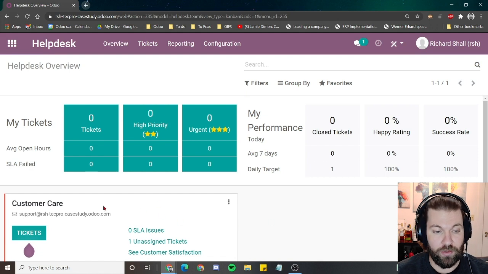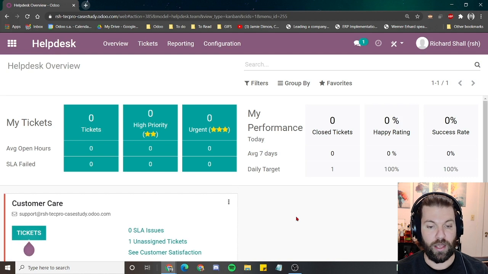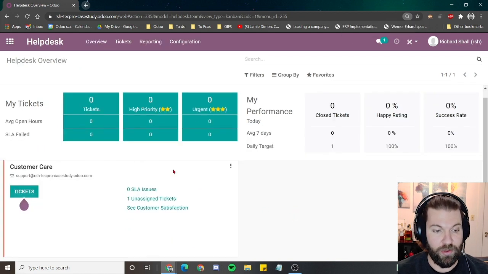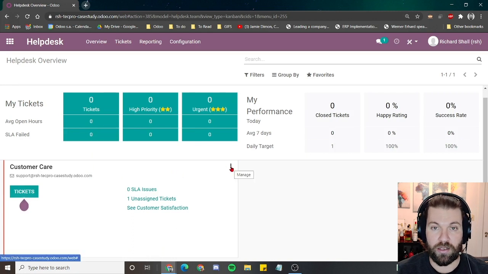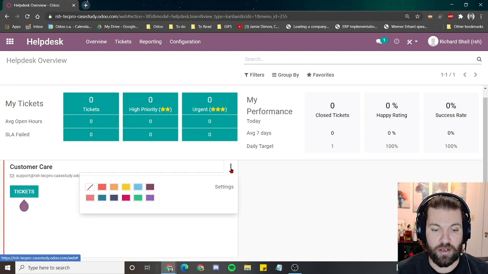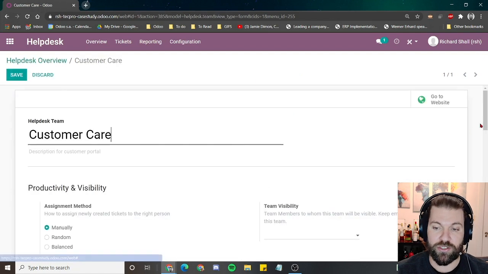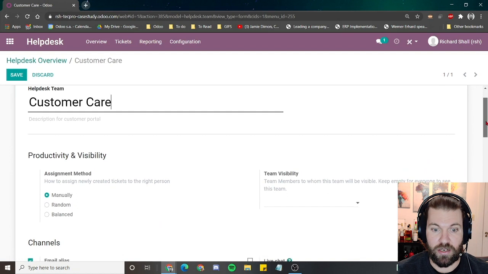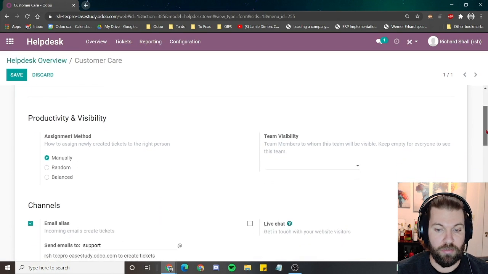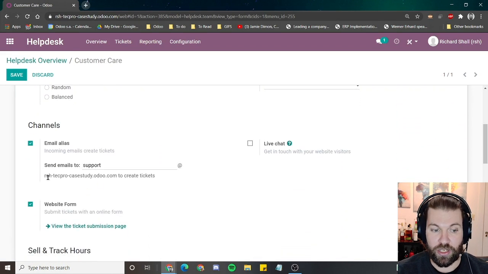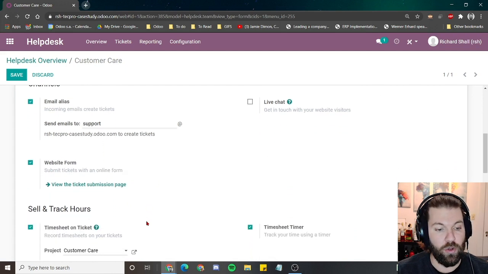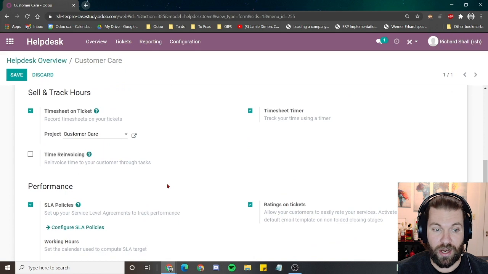Now, each rectangle here, this box, is essentially one sales team or one help desk team. We have an email alias that the clients can send an email to, but also if they wanted to, they can open a ticket on our web form as you saw earlier. We can configure this with this drop-down menu here, look at the settings, and we can see the general settings of this help desk team, where the assignation method, any channels for communication, email alias, live chat, of course, the web form. We can track our hours to make sure we're logging time and keeping track of how much